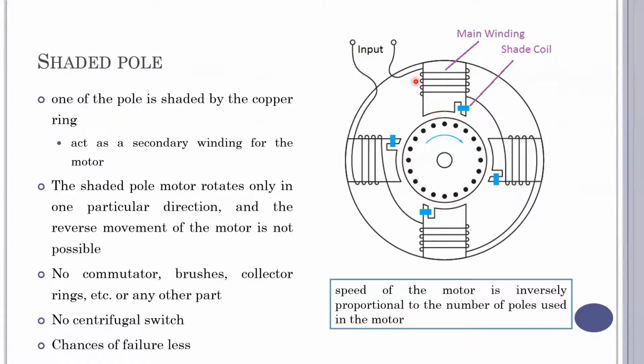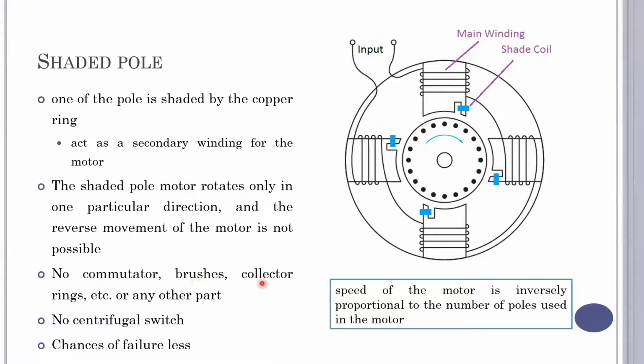So we have the main winding wound over the pole piece, and a part of the pole piece has a shaded ring, and hence it is known as a shaded pole induction motor. It is going to rotate only in one particular direction, and we cannot reverse the direction of rotation. And to these terminals, we supply single phase alternating current,